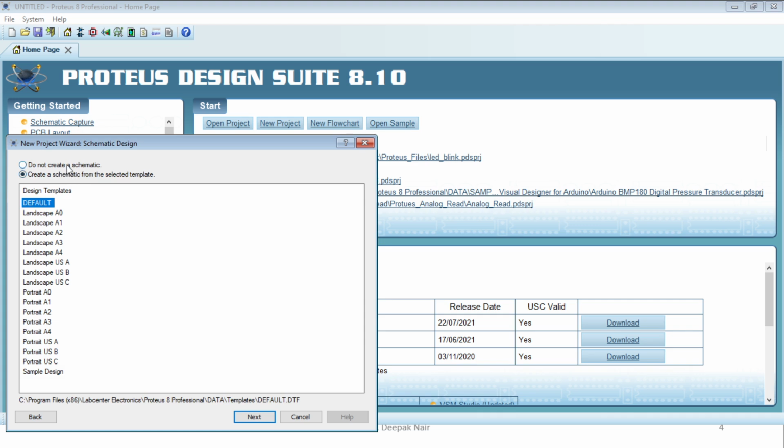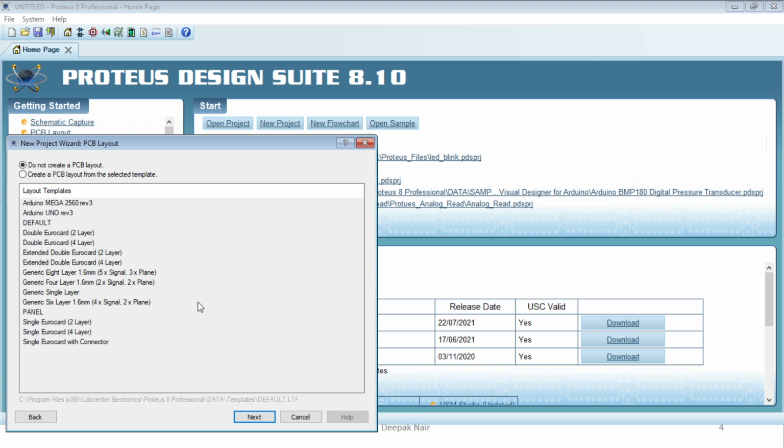If you want to create a schematic, you can. If you don't want to create a schematic, you will have to select this particular option, but of course you need a schematic, so you can create a schematic using the selected template, which is by default selected as default. So you just have to leave it there. Next.